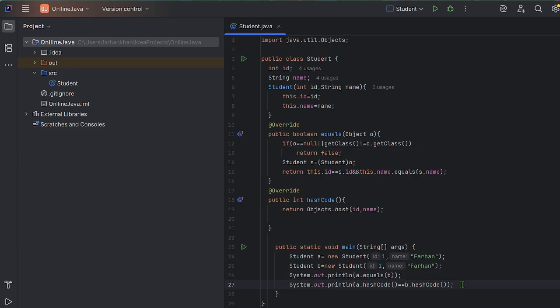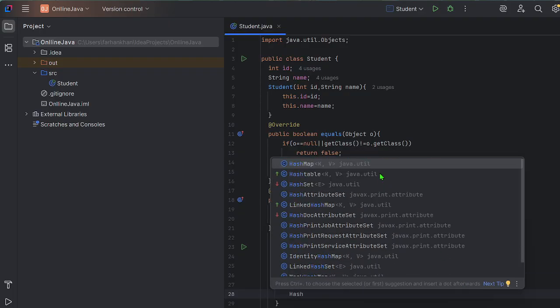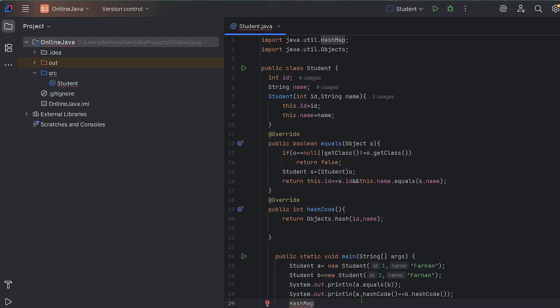And let's check where it is helpful. Suppose we have a HashMap.